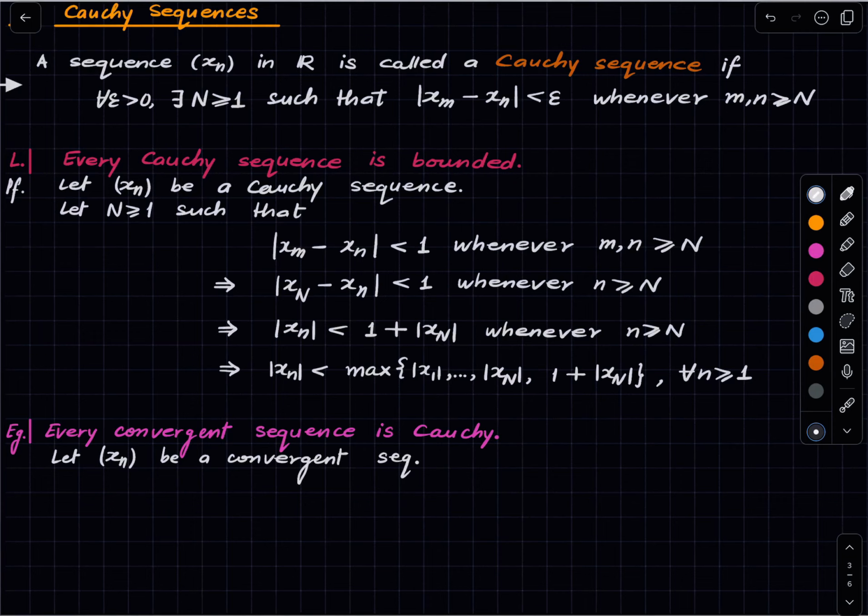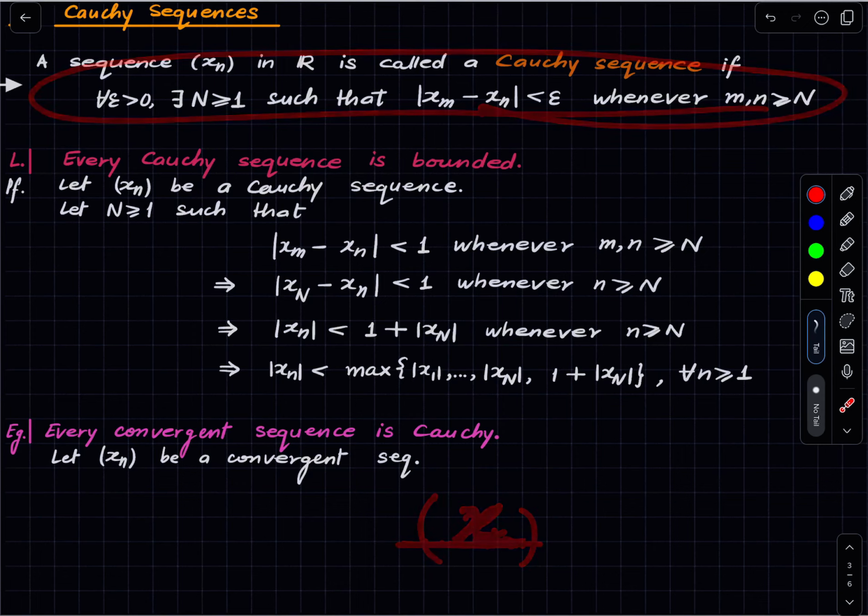And we want to show that it is a Cauchy sequence. Let's argue informally first. Once you have a convergent sequence, it is becoming closer and closer to a point, let's say little x. So there is some real number little x such that all the points of the sequence come closer and closer to this. And if ultimately they are close to x, ultimately they are close to each other. And that's kind of what Cauchy sequences are about.